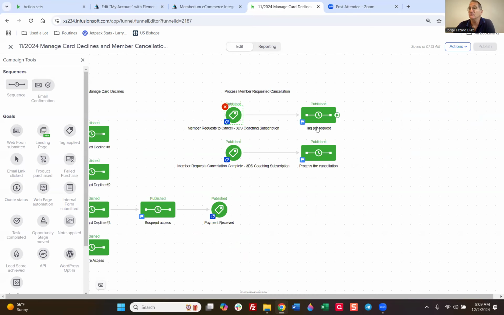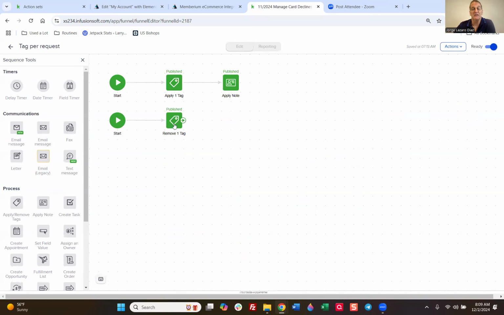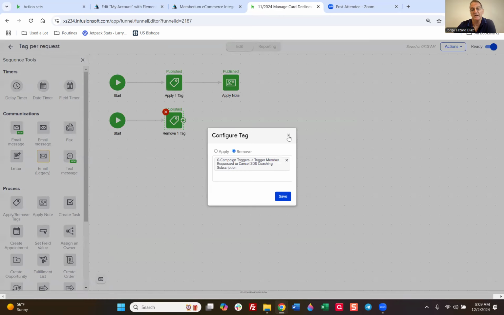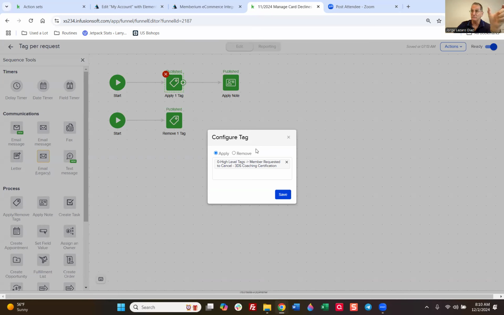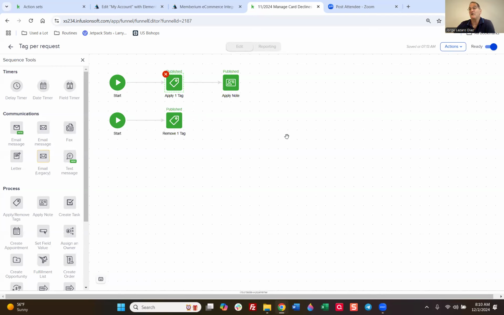Now, this first sequence is very simple. All I'm doing here is removing the trigger tag so that in the future, if they want to cancel again, they can. A member requested cancellation. So I give them my high-level tags. I call them high-level tags because they're ones that mean something higher up in the organization. So the member requested to cancel. So anybody in the organization up higher knows what that means,